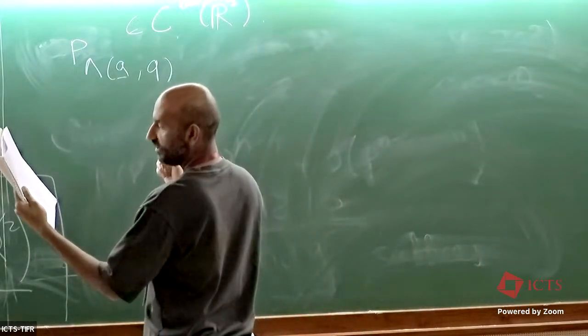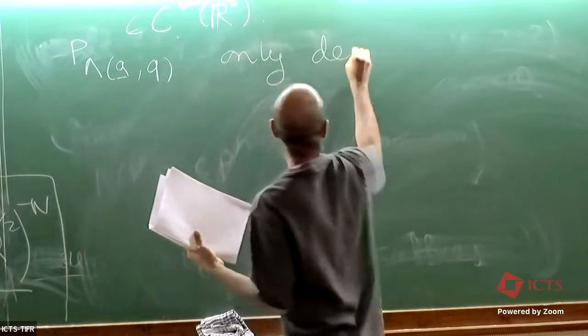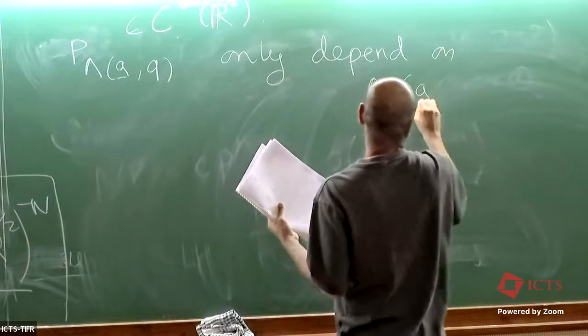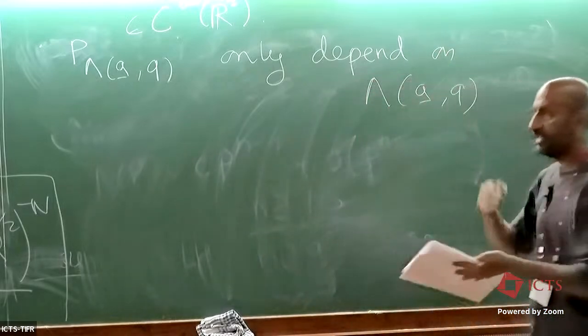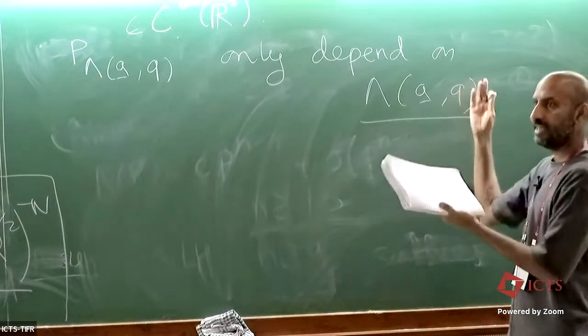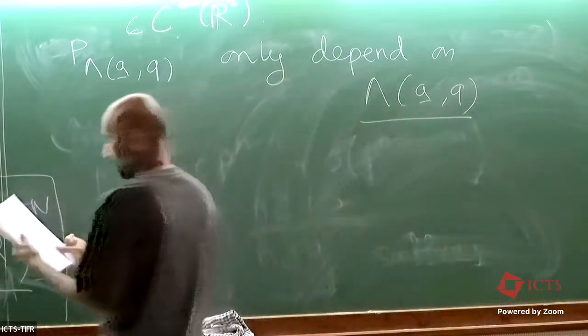The thing is that these functions only depend on the lattice. So they don't depend on A directly, but they depend on which lattice is produced by that particular A. So in particular,